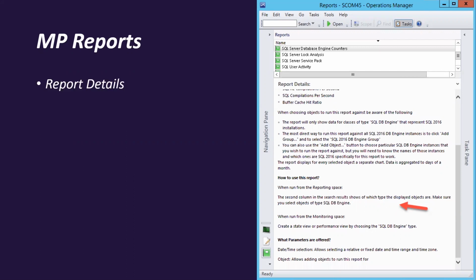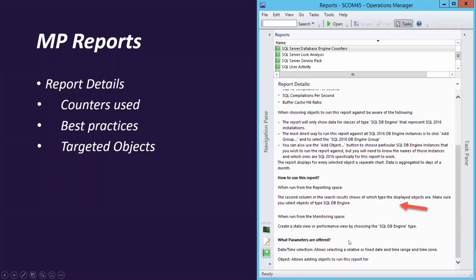So we have selected here a SQL database engine counters report at the top, and at the bottom you can see the report details. And in this case, it actually contains a lot of information, such as the counters being used, some best practices, targeted objects,